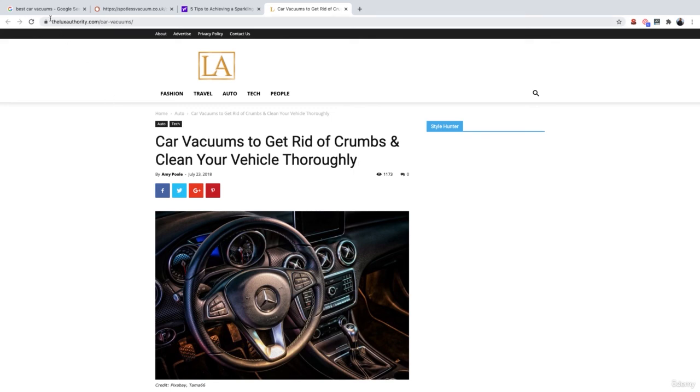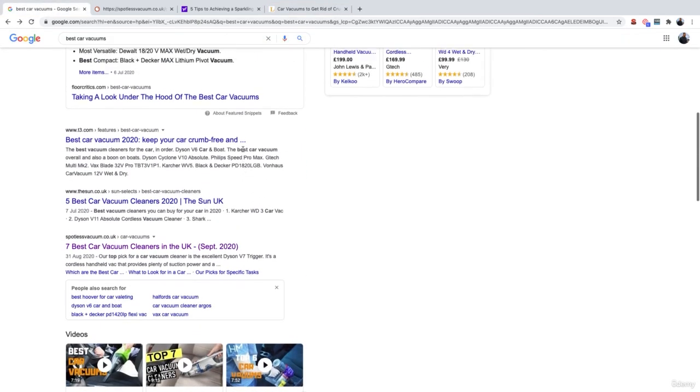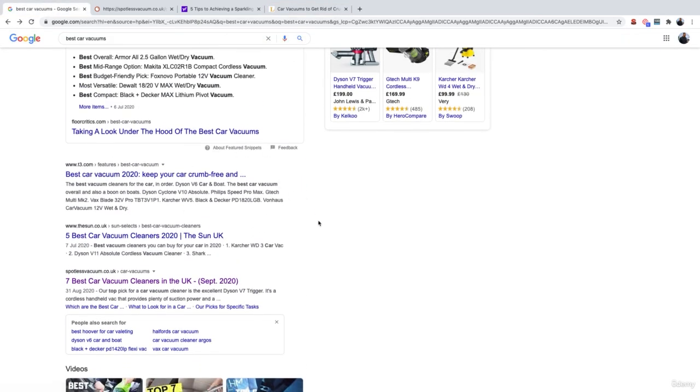Now, the reason why this strategy works so well is because these websites you're seeing that are ranking highly on page 1 on Google, they would have done the Onpage SEO correctly and they would have done link building correctly. So if we go ahead and mimic the Onpage SEO, or even better, do the Onpage SEO better, and then go out and actually mimic all the backlinks they have, then you're essentially following a proven blueprint that you can follow to get your website onto the first page of